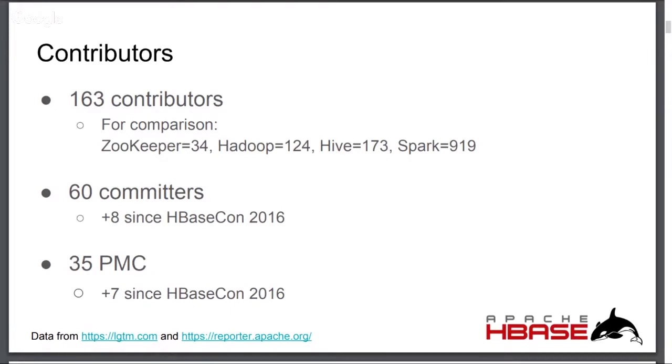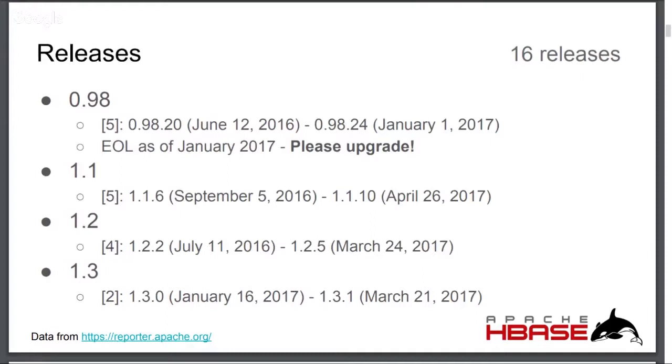In Apache scale, these are healthy numbers. So, since the last ApacheCon, we've also produced 16 releases on 4 code lines. A special note about the 0.98 code line: it's dead as of January of this year. I was the RM for 0.98,